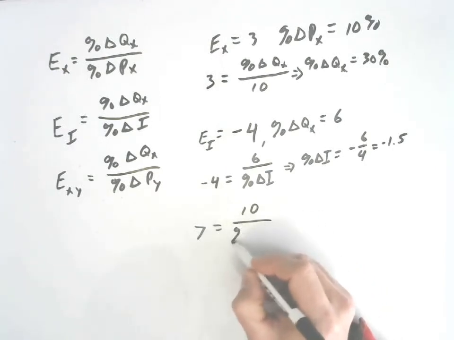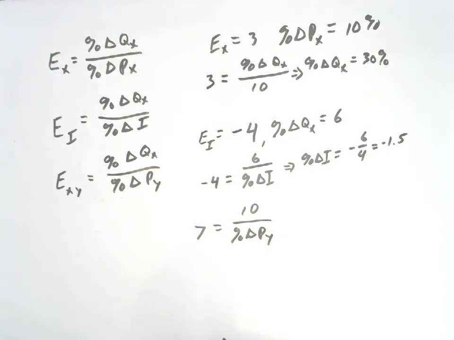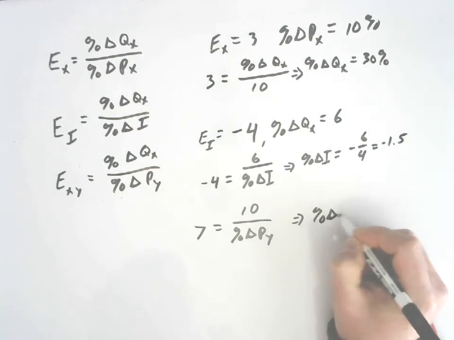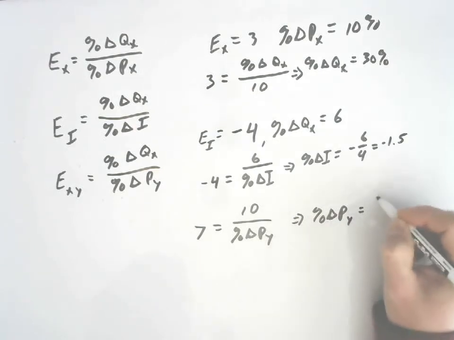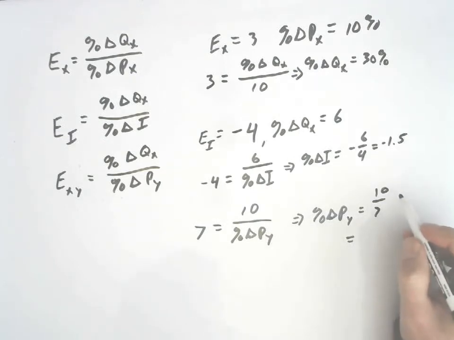What is the percentage change then in the price of good Y? Again, multiplying each side by percentage change of good Y, then dividing through by 7, we get percentage change in PY equals 10 over 7, which equals